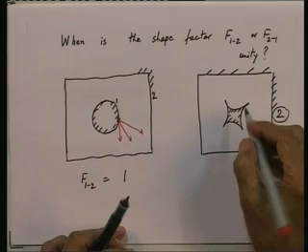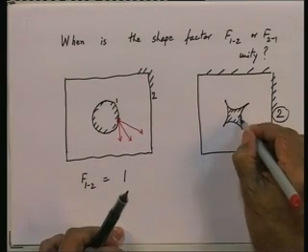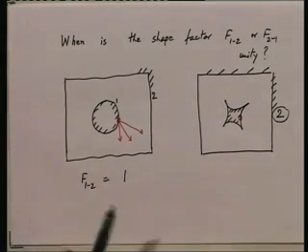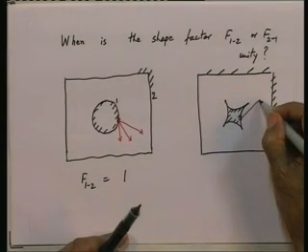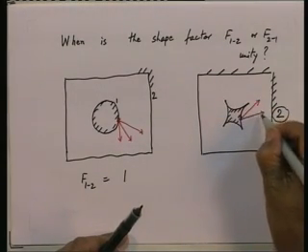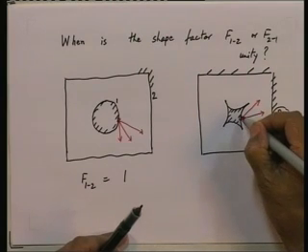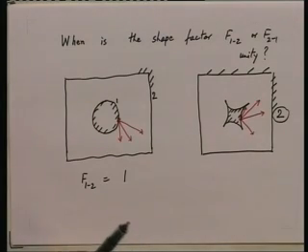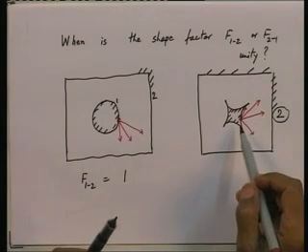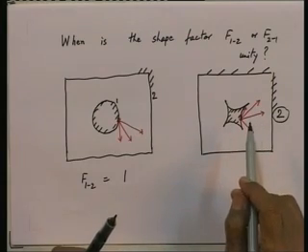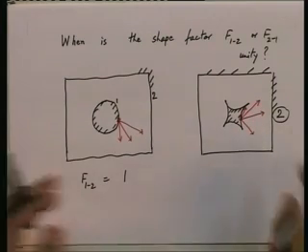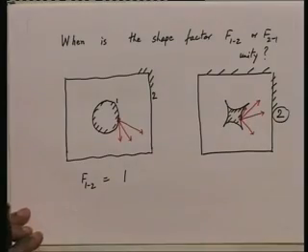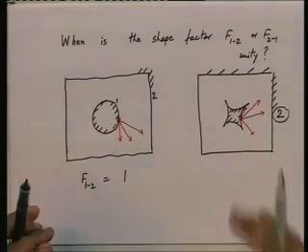Now, you can see if I take an element on this surface, radiation going out from this element, any element like this, some of it will go and hit the surface 1 itself. So, if the surface of 1 is concave in some place, not everywhere, but any place, then part of the radiation from 1 will come back to 1 itself, in which case F1-2 will not be equal